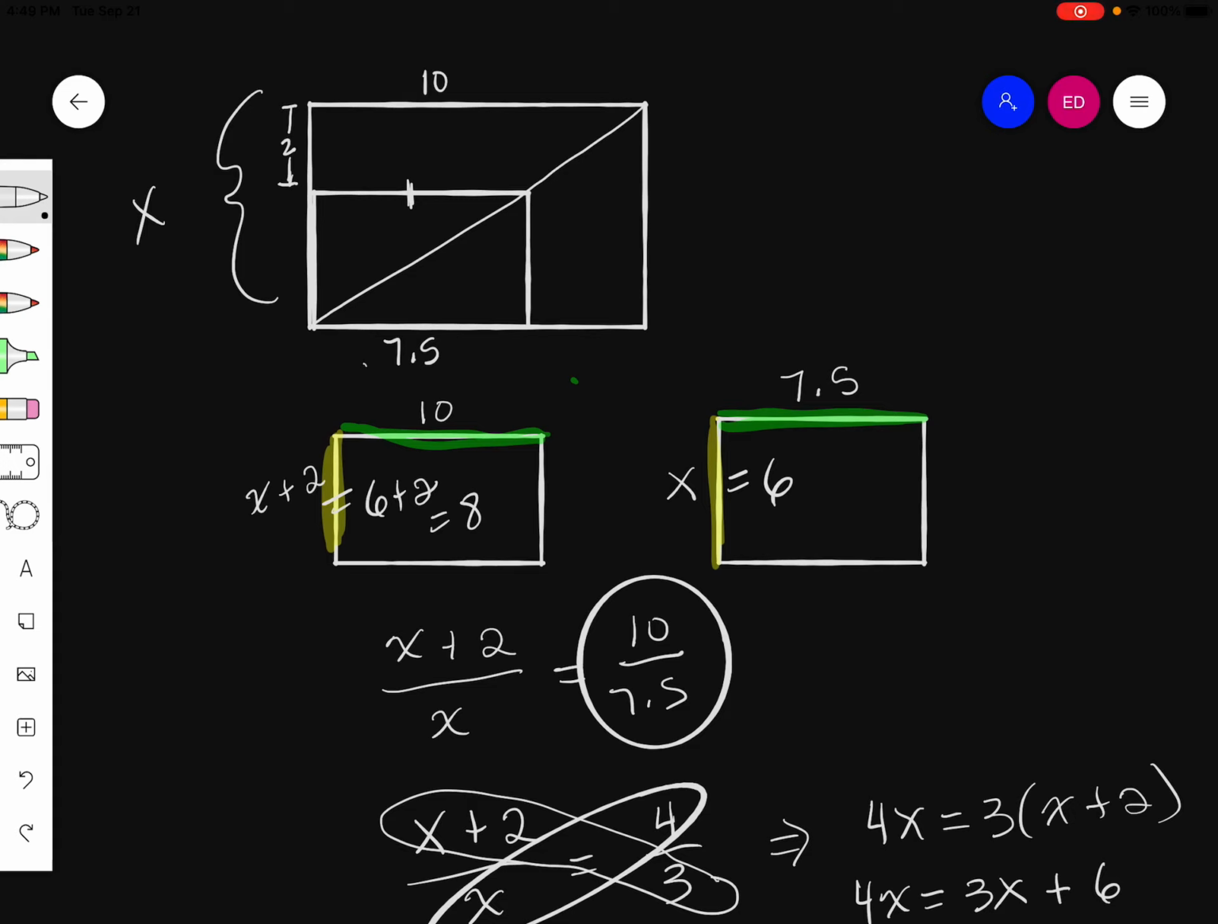Now, there's a couple of ways that you can set up the proportionality to make it a little bit different. But really, this is pretty straightforward. If you're going to let the yellow side be over the yellow side, that's going to be equal to the green side over the green side. And just make sure that you start